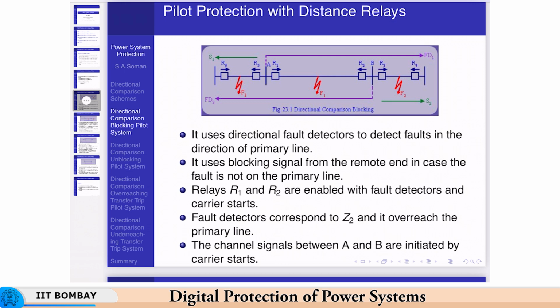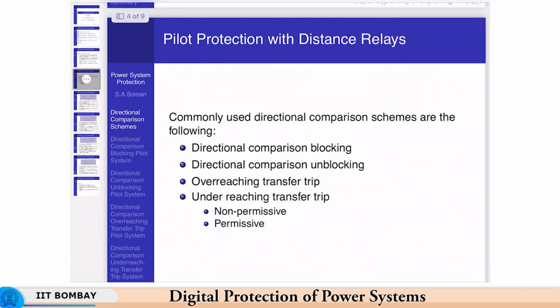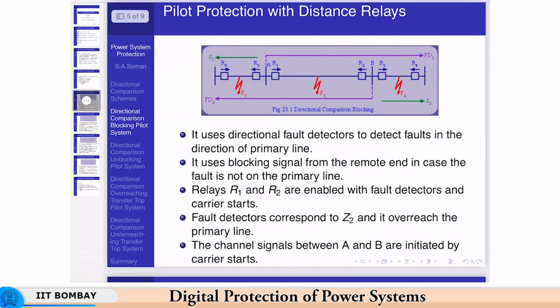So this scheme, the first one that we are discussing, the directional comparison unblocking, is actually one of the oldest schemes that has been in existence almost since 1930, so almost for 100 years now. And I mean, one of the first pilot wire schemes that came into existence here. So what this scheme does is,